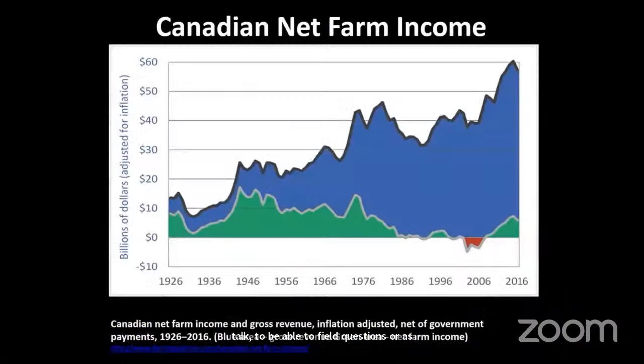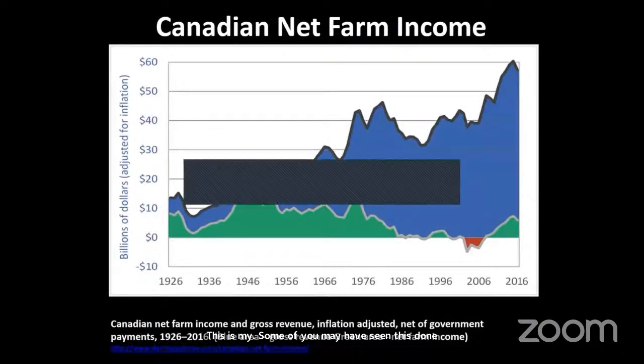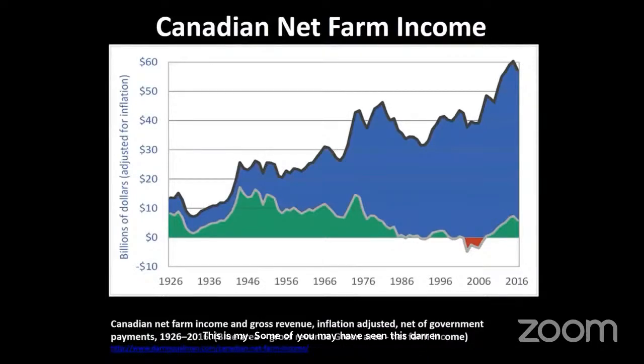This is, some of you may have seen this, Darren Corman's work on Canadian net farm income. I realise this is a different country, but I think you'll agree that the statistics are fairly similar to what's happening here in the United States. I don't have a pointer either, sorry, unless, no, that's not one. Okay, I do have those things in my bag. I should have brought them up here.